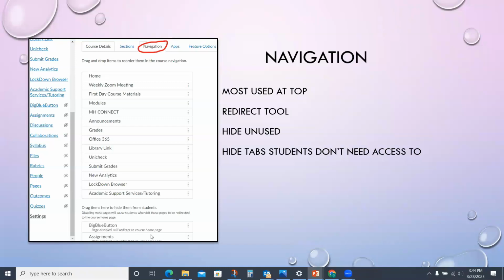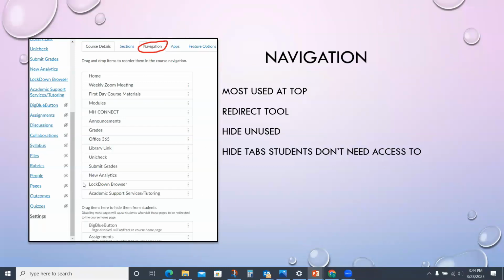Anything under this line is going to be disabled and hidden from students. So you can either enable or disable things by just dragging them and dropping them where they need to go, or you can click on the three dots on the right-hand side and you'll see that it'll say enable or disable, and you can move them around that way as well.